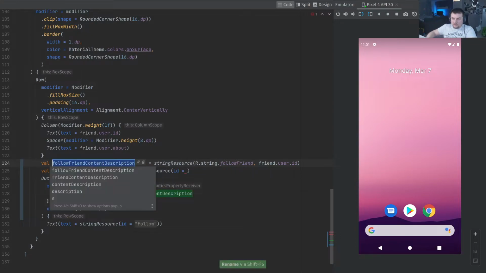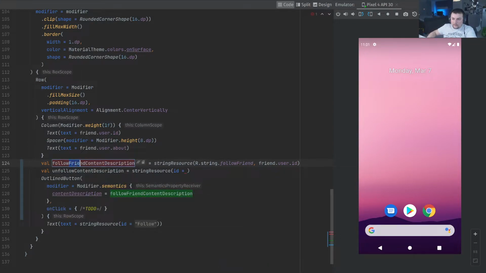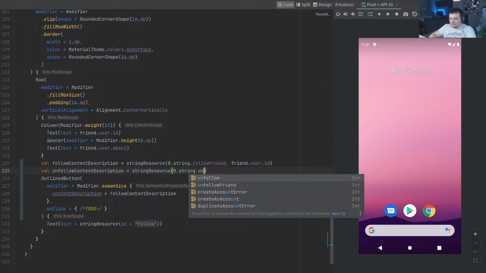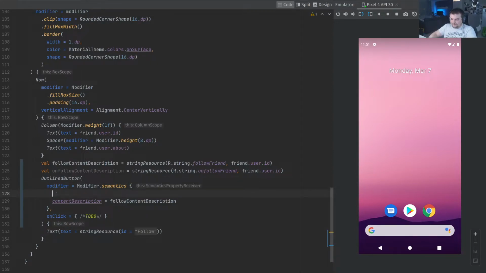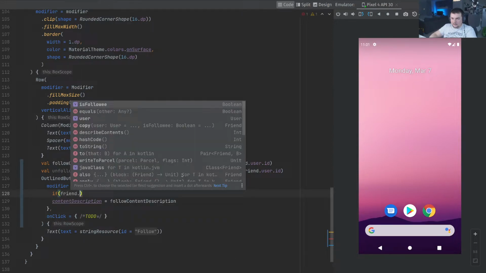Let's rename this to also follow content description, and unfollow would be string resource, and then R string unfollow friend user ID. And then here I would say semantics, if friend is followee,